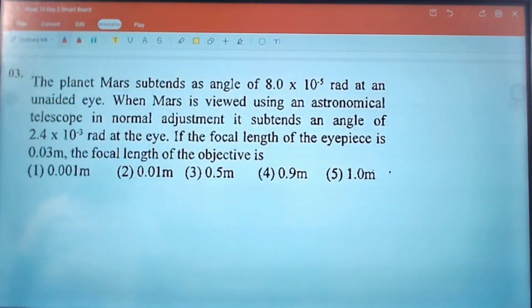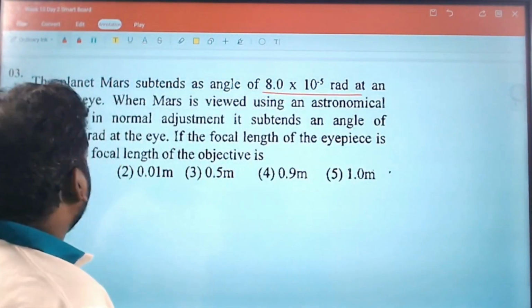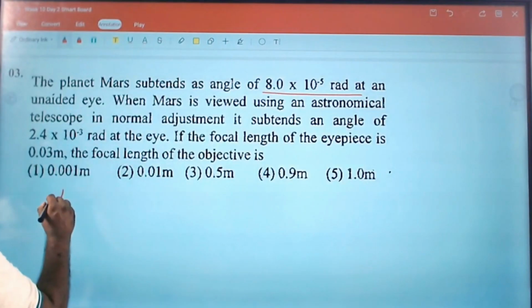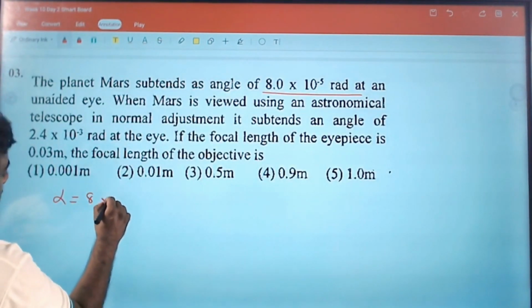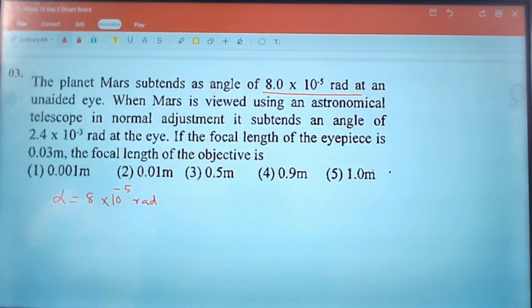A planet Mars subtends an angle of 8 times 10 to the power minus 5 radian at an unaided eye. So alpha is given as 8 times 10 to the power minus 5 radian. When Mars is viewed using an astronomical telescope in normal adjustment, the angle subtended at the eye is 2.4 times 10 to the power minus 3 radian. If the focal length of the eyepiece is 0.03, the focal length of the objective is, look at this carefully,